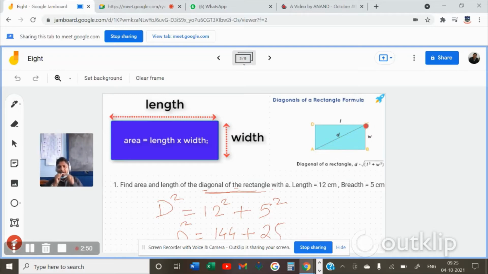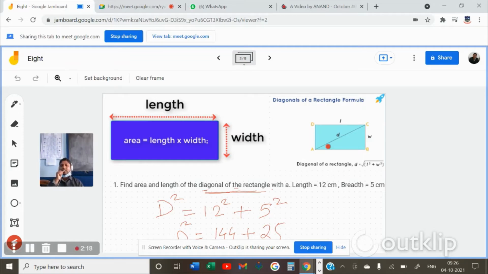So in order to find out this diagonal, what I am supposed to do is, I have to do this length square and I have to do this breadth square. This is actually the theory of Pythagoras. We call it Pythagoras theory or the Pythagoras theorem. But in simple words, you just have to square your length and add it, and then you have to square your breadth. That means length square and breadth square. That is the diagonal. That is how you will get your diagonal. So now you see how you got your diagonal.